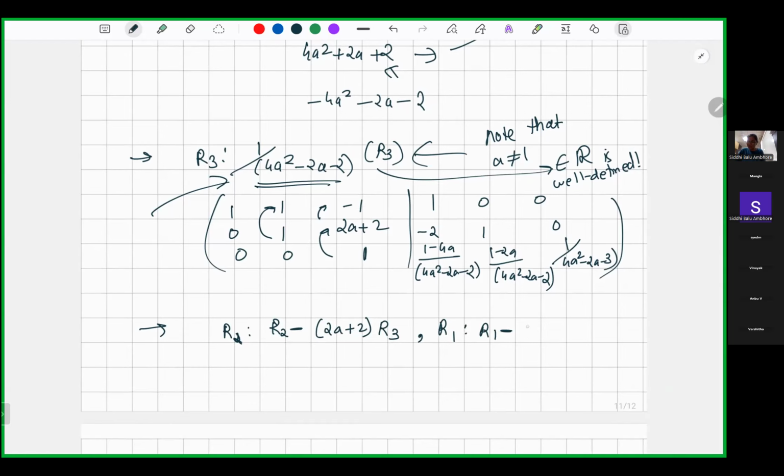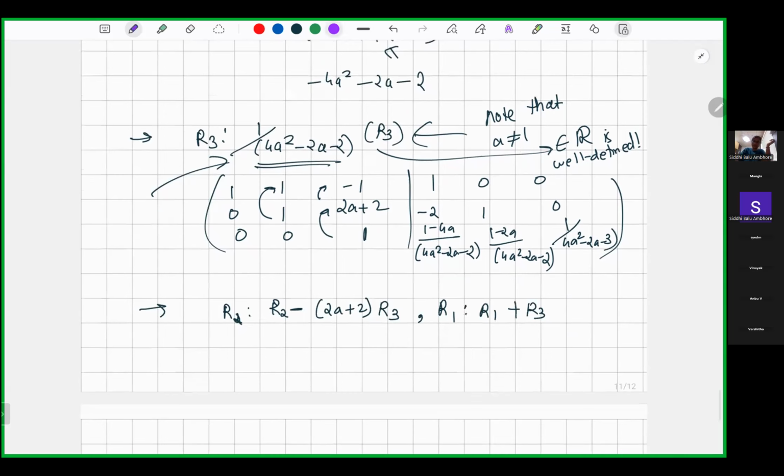Yeah, R1 minus, not R1 minus, in fact, R1 plus R3. And that will give me 0 here and 0 here. So let me just color them. And the next operation will be